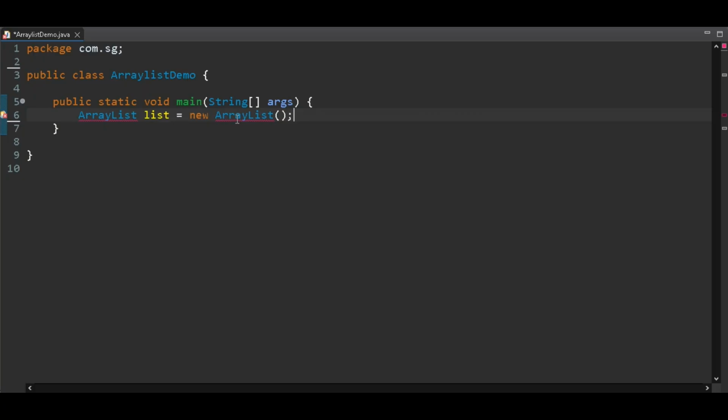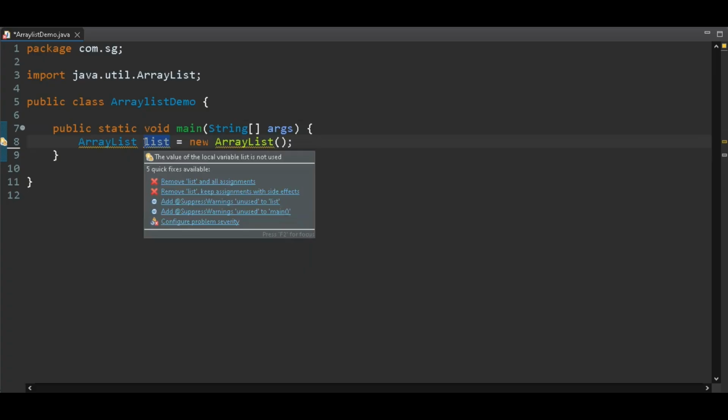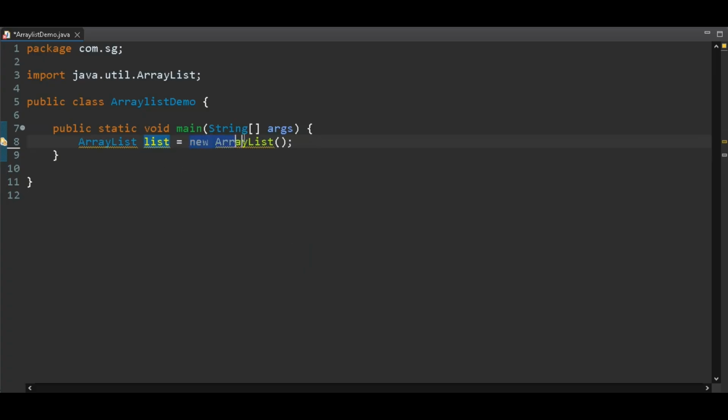If we move the cursor on it, it says import ArrayList, because array list is available in java.util package. This will create the actual array list object which will be stored on heap memory. In this way we can create a simple array list.